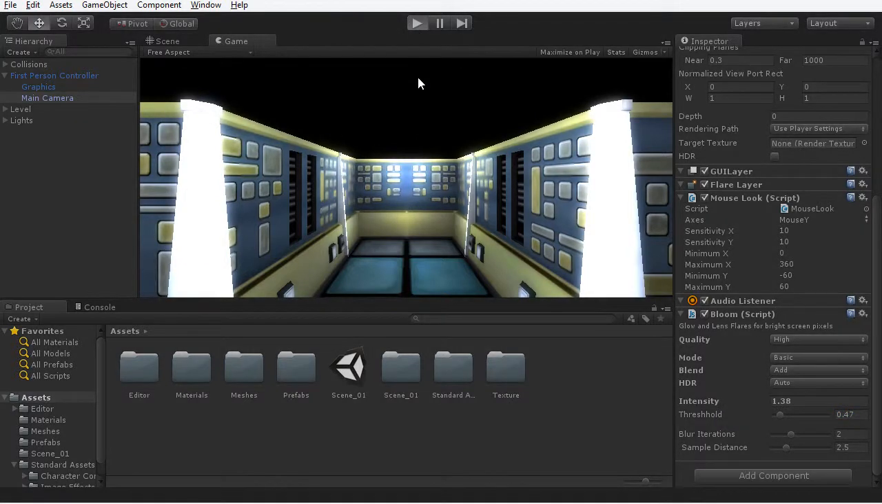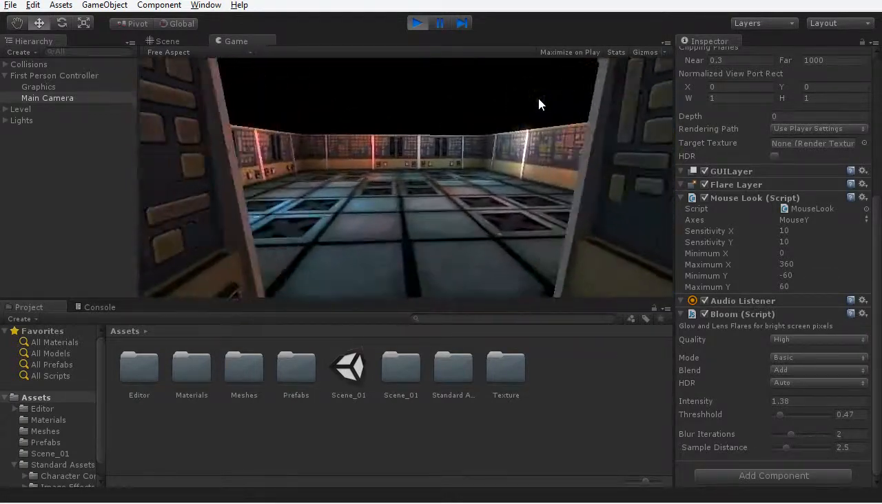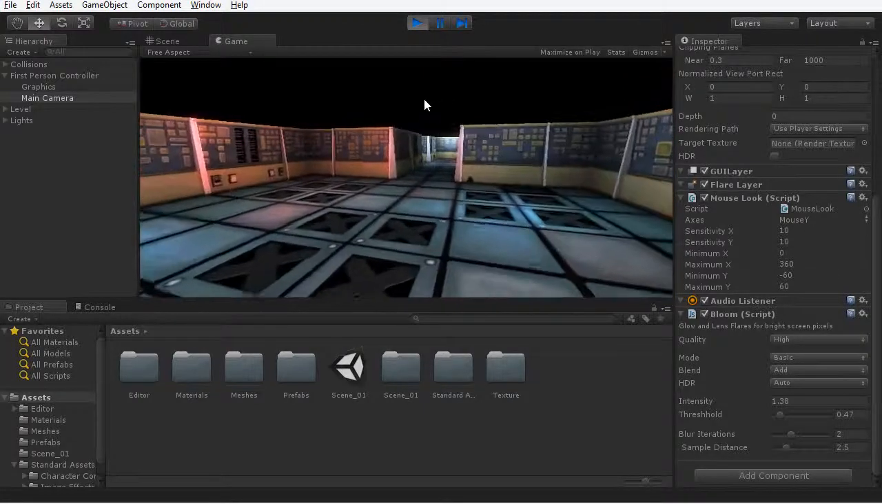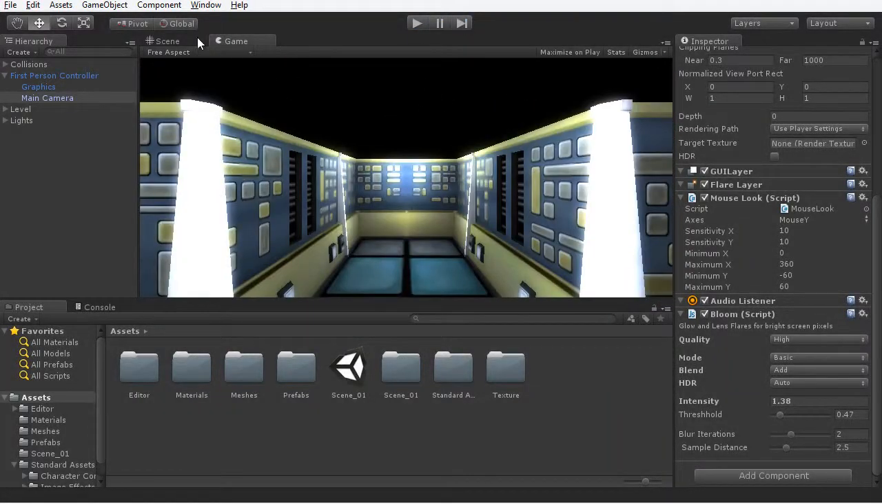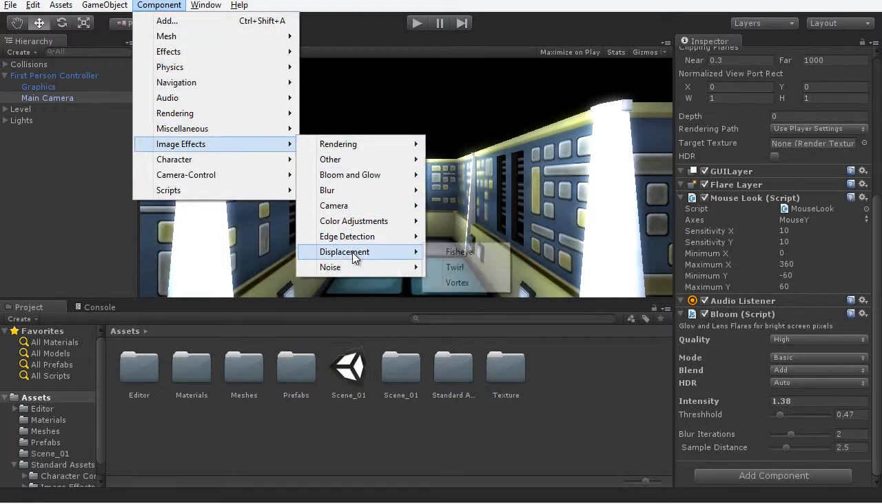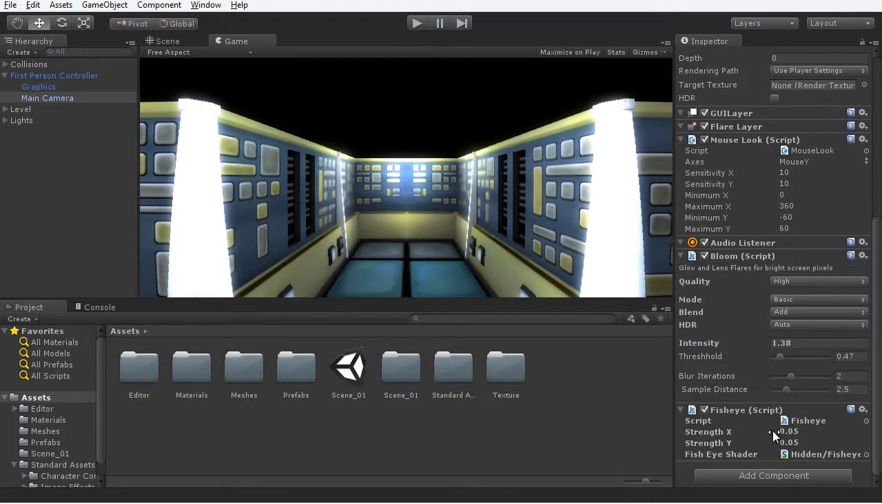Now if I press play on the toolbar, let's just see the effect that the bloom has. I think that gives us a nice highlight and a nice blur around the highlights of the level. So I'm going to accept that, and then I'm going to add the fisheye effect. So I'm going to choose Component, Image Effects, and Displacement, and then Fisheye. And already you can see the effect taking shape here, but I'm just going to tweak it just a little bit further,